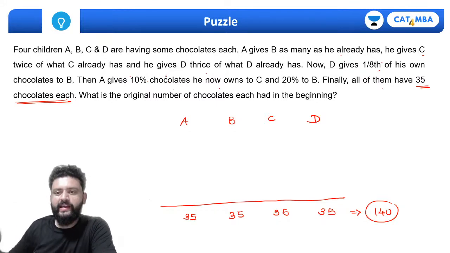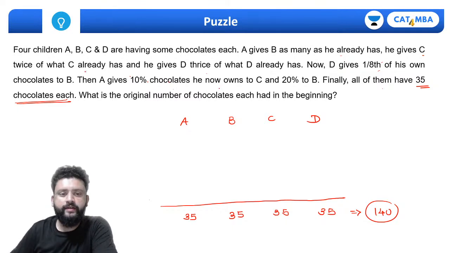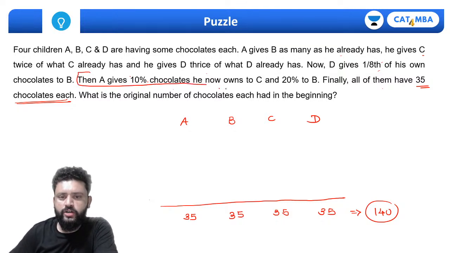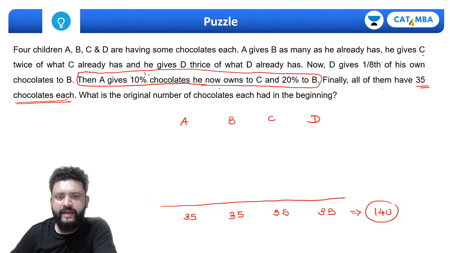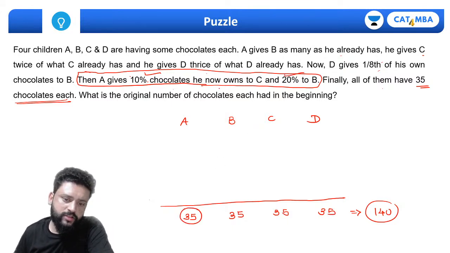ओके, बोथ ऑफ यू आर डूइंग इन अ रिवर्स वे। क्या करना है तो समझ में आ रहा है, आर यू गोइंग इन अ रिवर्स वे? लास्ट स्टेटमेंट जो है उसको पहले देखो, बाद में देखते हैं पहले क्या हुआ था। देन ए गिव्स 10% ऑफ द चॉकलेट्स टू सी और 20% टू बी। अब मुझे बताओ, इसने 10% दिया, इसको 20% दिया, दैट मीन्स ए के पास जो बचे वो इस वैल्यू का 70% है।